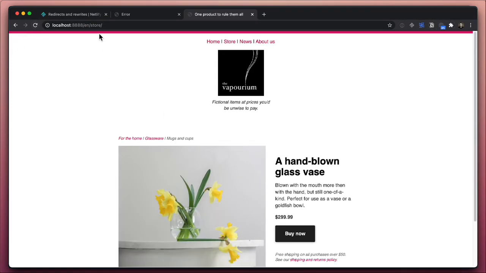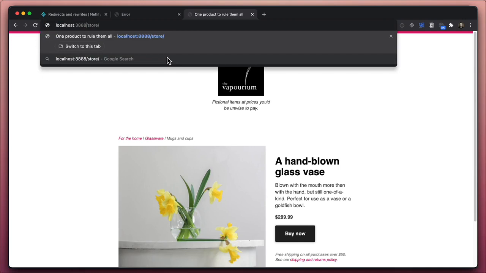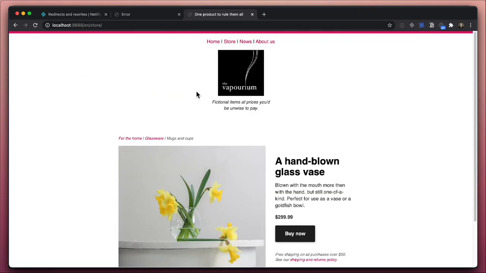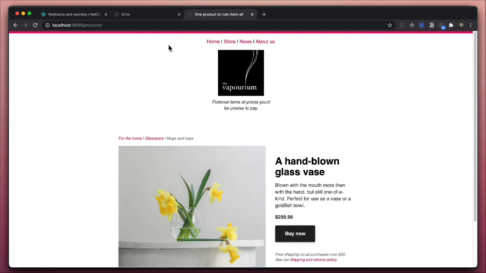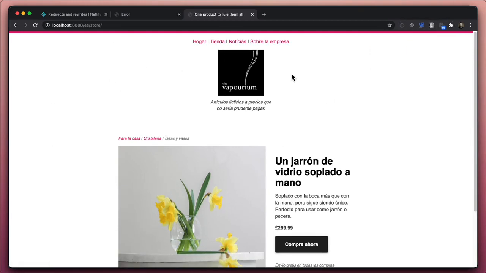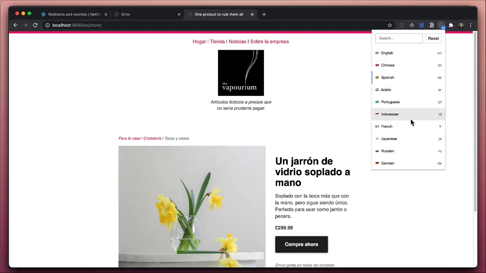So let's take a look here. I think perhaps now if I just reload, yeah, there we are. So now store for me will redirect to the English version of the page because I'm in English there. If I once again toggle through to Spanish and go to the store page, it's redirected me to the Spanish page. And if I choose some other language, let's say Indonesian,